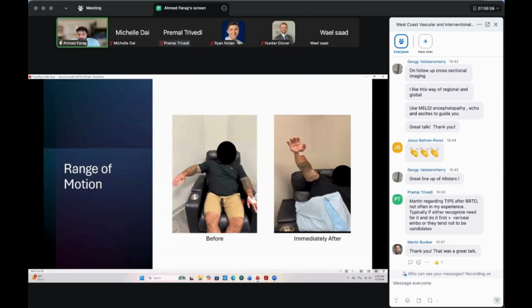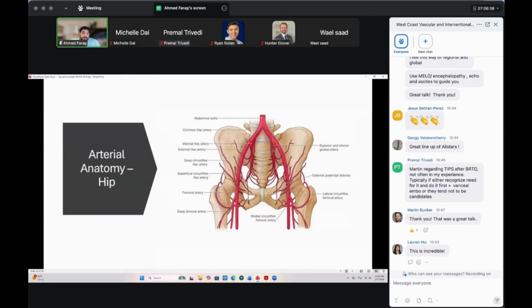And we're in a field where in a lot of the cases we do, you get that instant gratification. This was a gentleman, one of my first cases, a firefighter, 5 years unable to raise his hand past what you see in that picture on the left and that picture on the right. Immediately post procedure he is able to do that. So you can see with a lot of the MSK embolization, they have immediate results, and these are life-changing procedures.